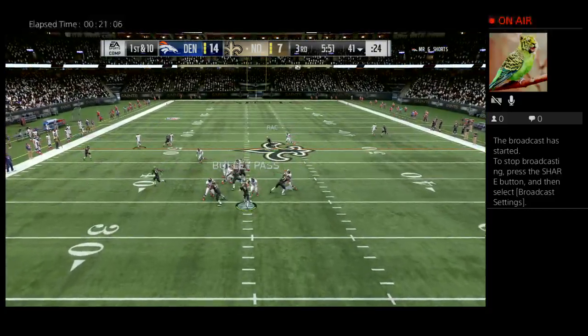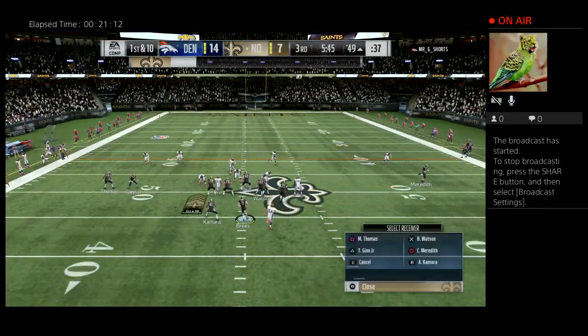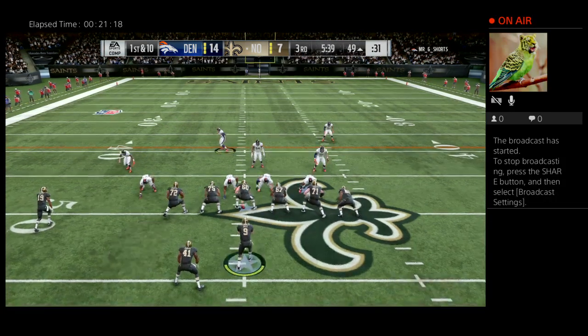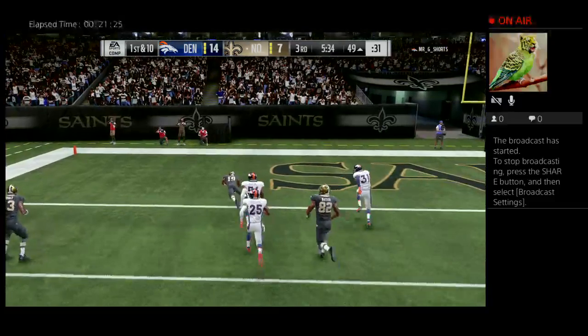Throwing on 1st down is Brees. Finds his man, Watson over the middle. And he'll be taken down, but not before he gets into enemy territory. 10 yards there to start the drive, and just enough by about the length of the football for a 1st down. Now a play fake here on 1st down. This is caught inside the